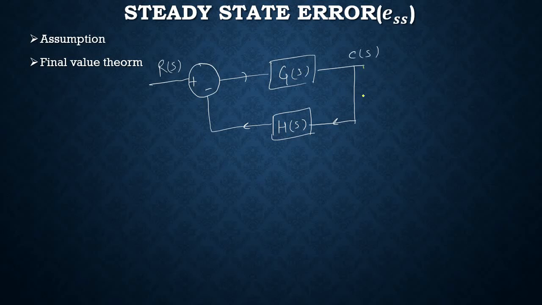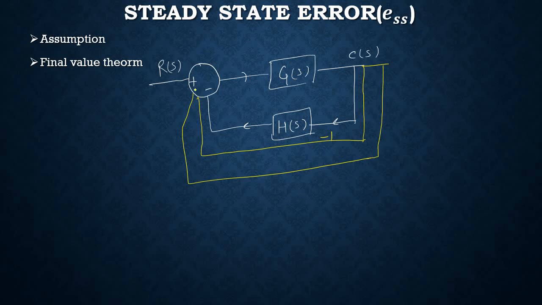You can add and subtract -1, taking the negative sign in both cases so that there is no confusion. So add 1, -1 plus 1, nothing happens to the system. Now whatever output you got, you can call it B1. That B1 will clearly be equal to C(s) into H(s), and the other will be equal to -C(s).